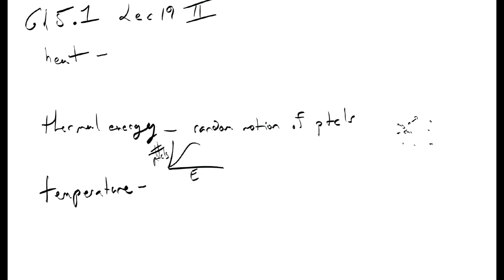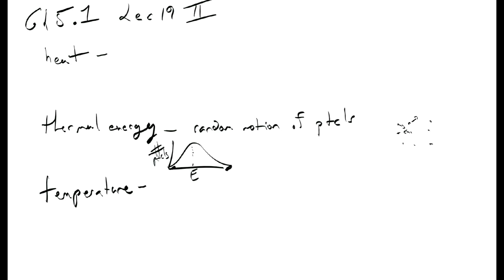You get a description that looks like that, such that there's a very small number that have high energy over here on the right, a small number that have very low energy here on the left, and most are somewhere in the middle. And in the end, you're still not going to talk about the total thermal energy of any object too much, because what really matters is the average,